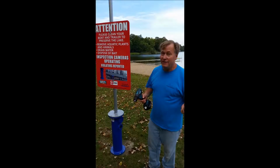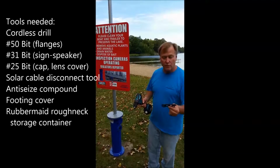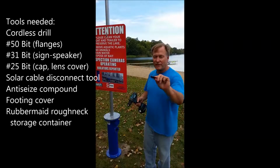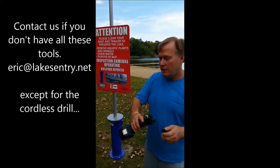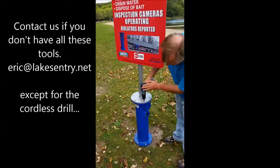We're going to talk about how to deinstall an eyelids for the season. First, you're going to need several tools: a solar disconnect tool that's plastic, and this bit that takes the bolts out. It's a special bit. So the first thing we do is we go over to the unit and